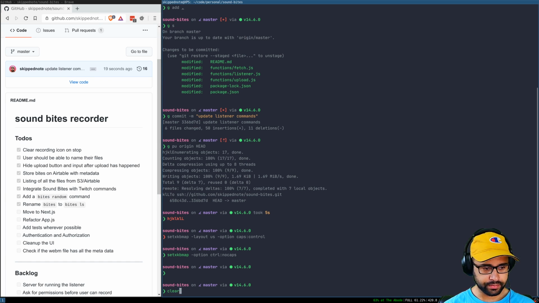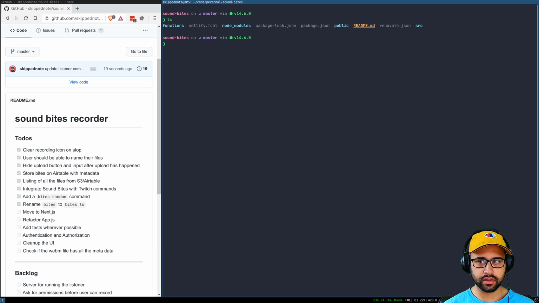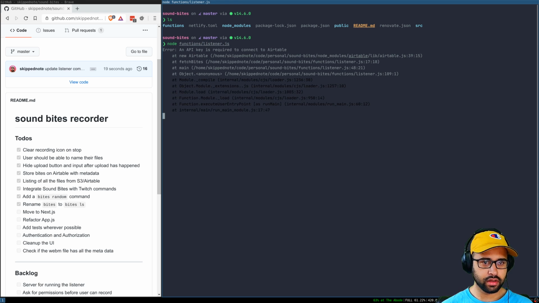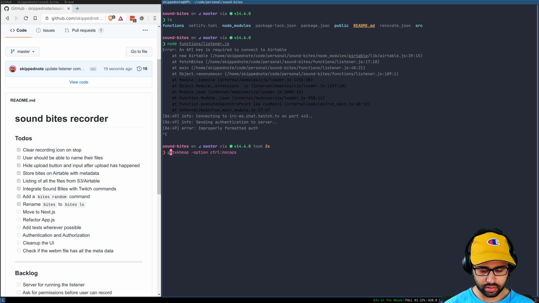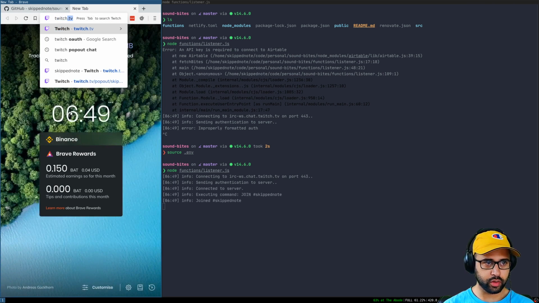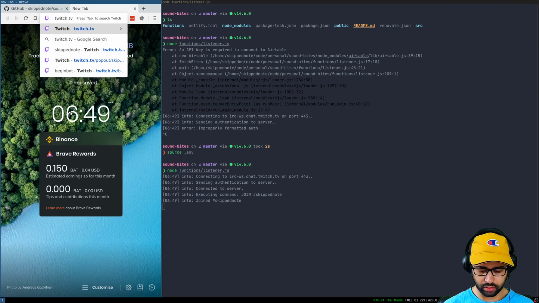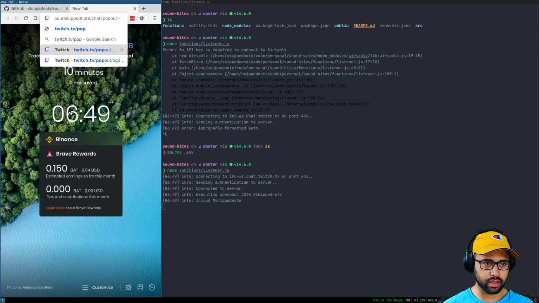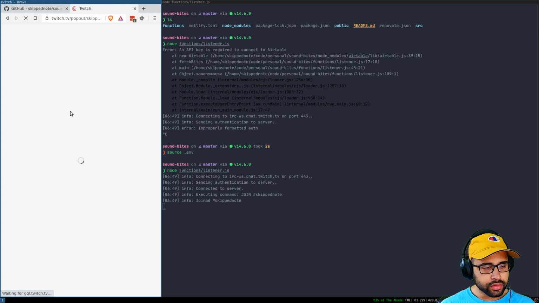So yeah, before I start, I quickly want to check if everything is working as expected. So let me do node function listener. Yeah, this won't work, so let me source the environment variables and then try. Right here I want to pull up the Twitch chat. So there was some port URL. Yeah, so this one,